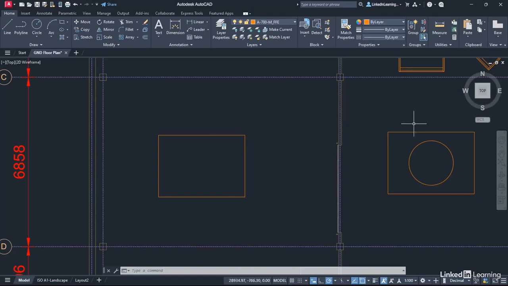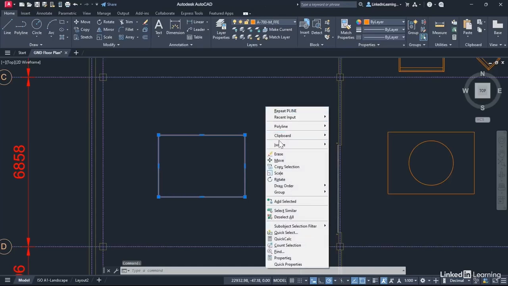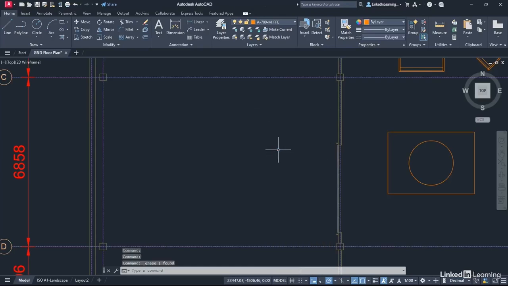Now over here, you drew this with the rectangle command, but it's also a polyline. It's just a rectangular polyline utilizing 4 segments with 90-degree corners, hence a rectangle. So that's using polar to create our rectangular polyline. What I'd like you to do now is select the rectangle you've just drawn, right-click, and erase it. And you're thinking, why is he erasing what we've just drawn? Because I want to show you a different way of creating exactly the same rectangle, but using ortho instead of